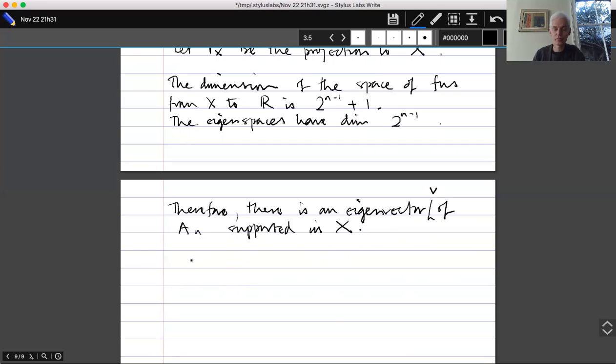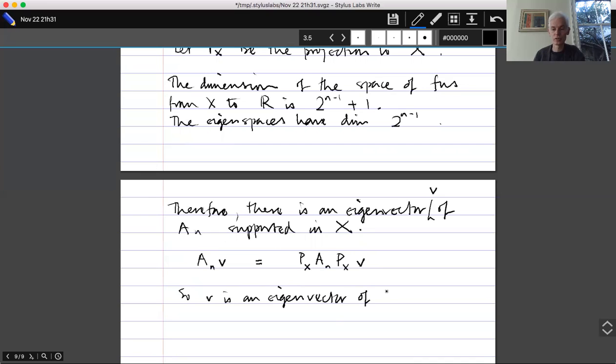And then we get that A_n v is A_n P_X v. That's because v is supported in X, so when you project it to X, you don't change anything at all. Because it's an eigenvector, it goes to a multiple of itself, so it's still supported in X, and so we can apply the projection again. So that tells us v is an eigenvector